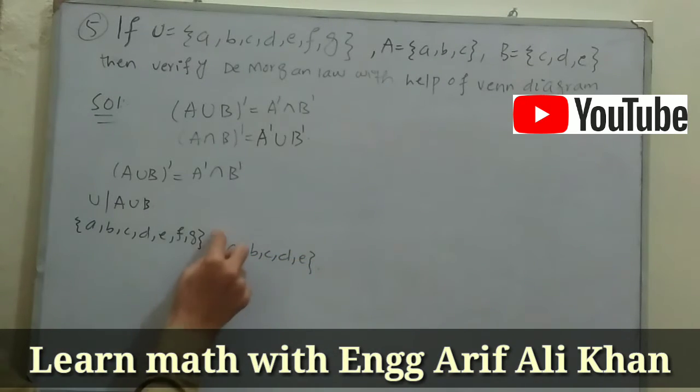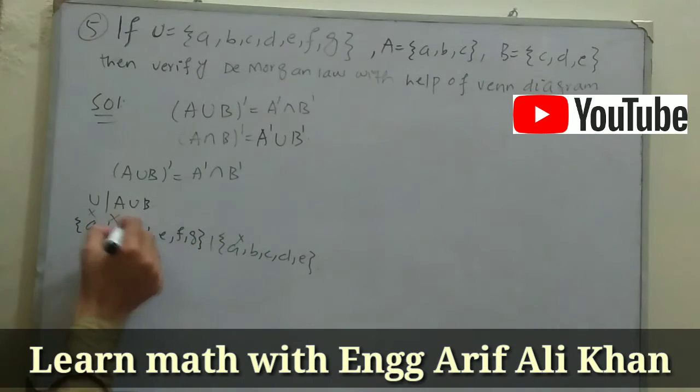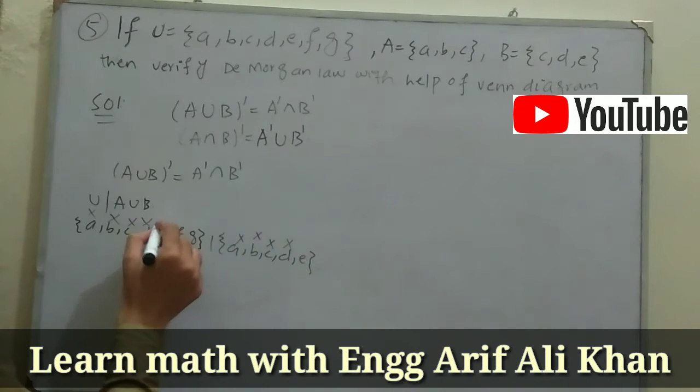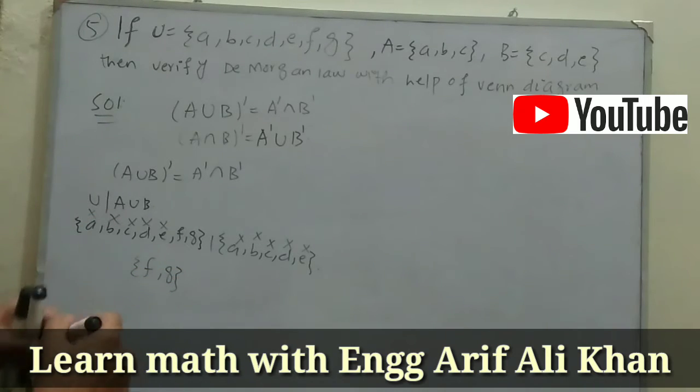Now here is a subtraction sign, so it means all the elements that participate in the first set and do not participate in the second set. First we remove the common elements. A is present in both sets, B in both sets, C in both sets, D in both sets and E in both sets. So in the first set we are left with F and G, which is not present in the second set. So F and G is our U minus A union B, which is actually A union B whole complement.